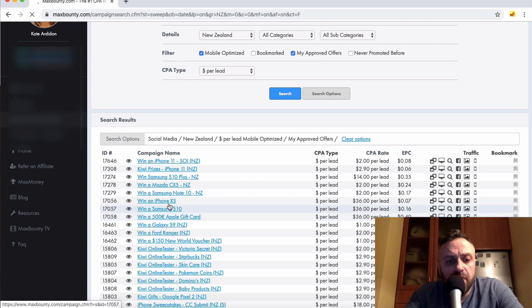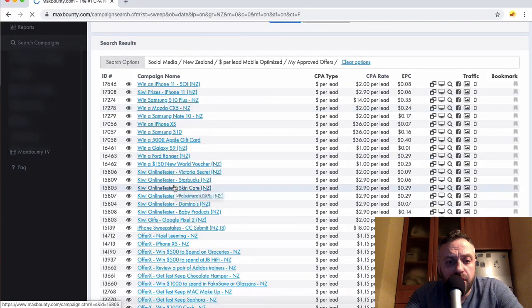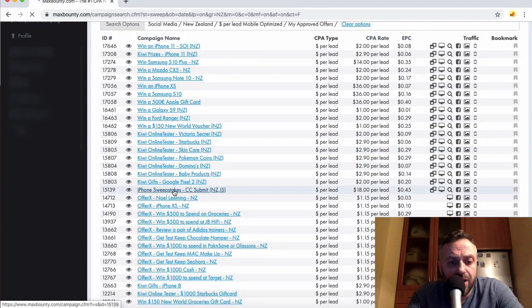The only thing that might differ is maybe that car doesn't exist in other markets. So for instance, I don't think this car exists in the US, but it doesn't really matter because it's the same Mazda. It's just a different model name for a different market. The only thing you have to watch out for is that obviously you have to do some research, because if there's